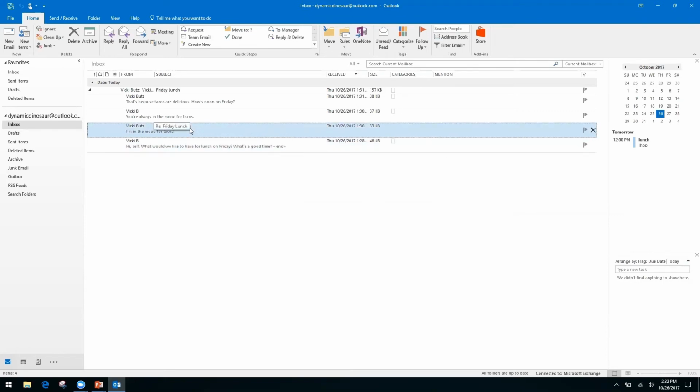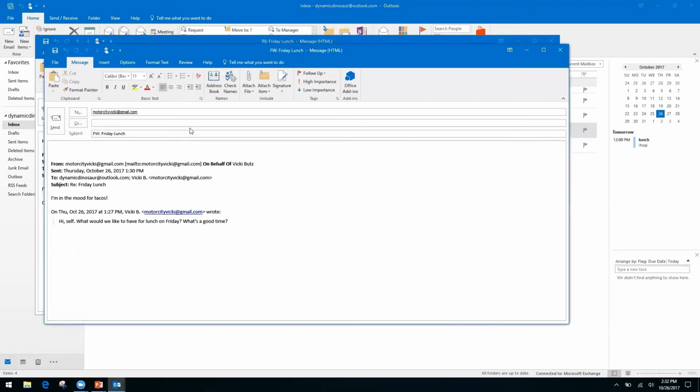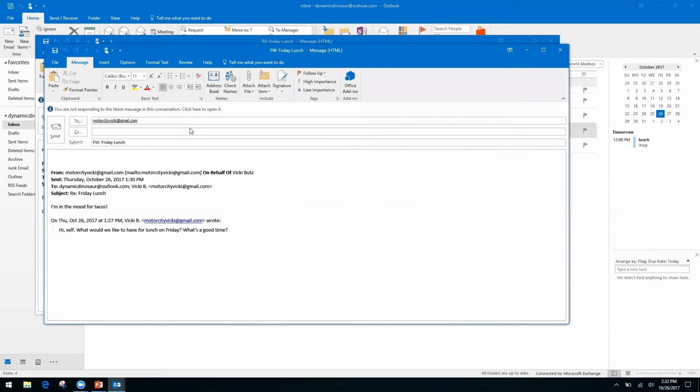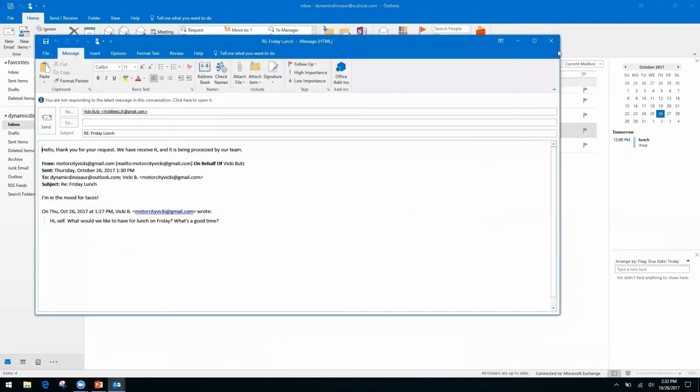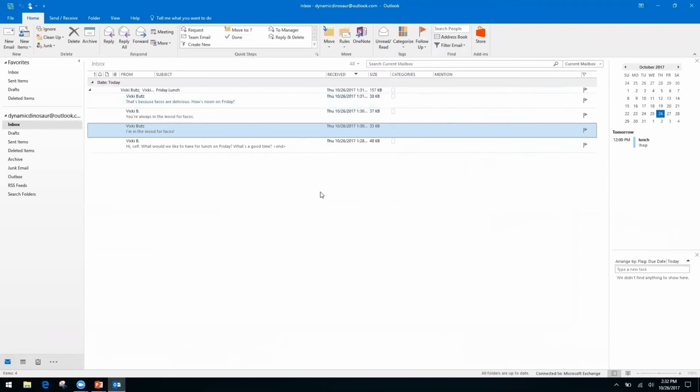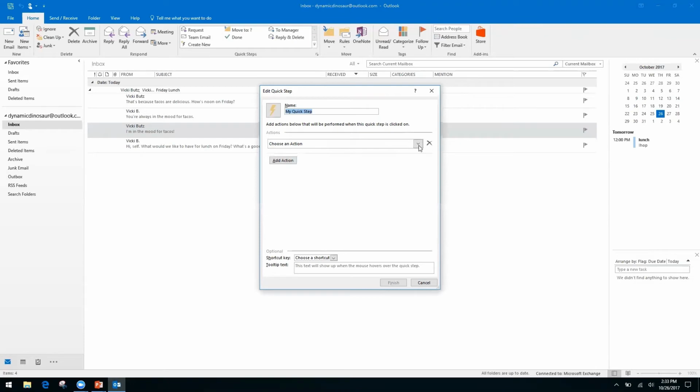So if I want to have this done, I do Control-Shift-2, and it automatically pops that information open. You can see that it is now working on its own. I am replying to the customer, and I am forwarding the message over to the correct party. So I don't have it set up to automatically send right now, just because I am in demo mode, but that's what that looks like. So you can see how this is going to make it a lot easier to perform actions that you repeat over and over again. Another good one you can do, and I will just show real quick, is sending it